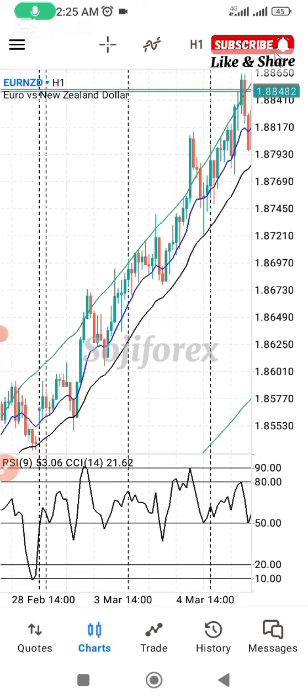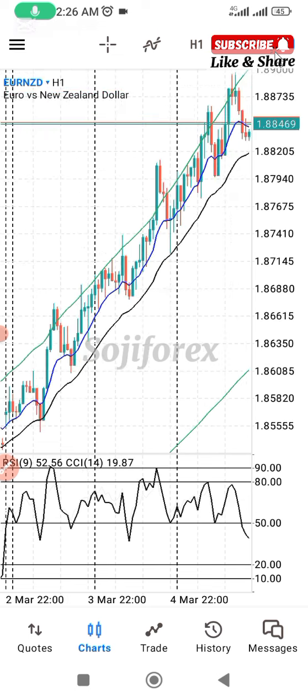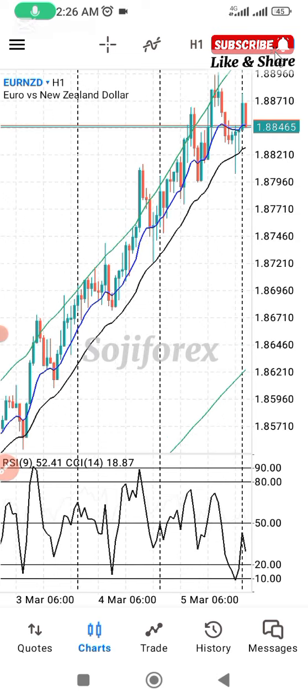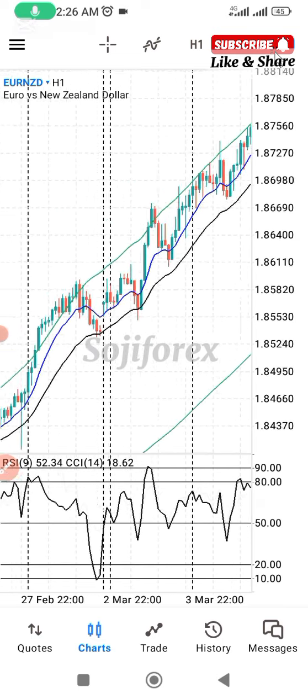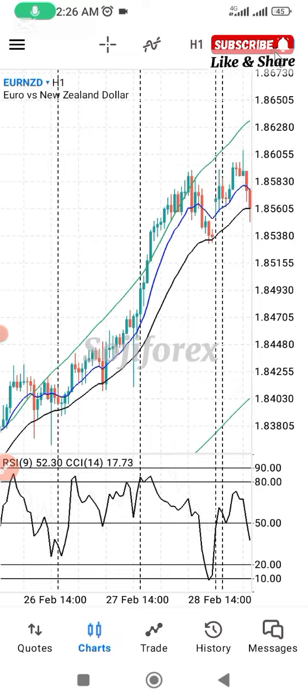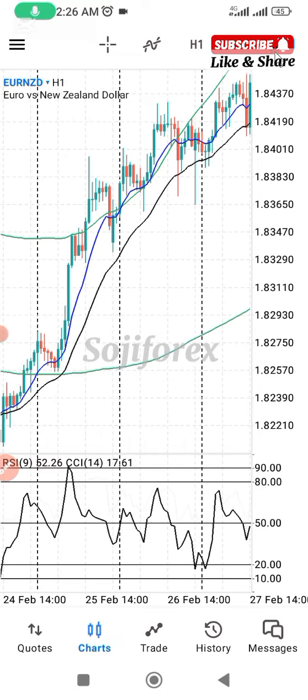What that implies is that you will always need to be patient enough for this particular candlestick formation to form, and you will only make a trading decision upon the closure of this particular candle. So I'll be showing you what time frame you will be doing this and how exactly you can go about all of this. So if you look at my chart, this is Euro NZD,